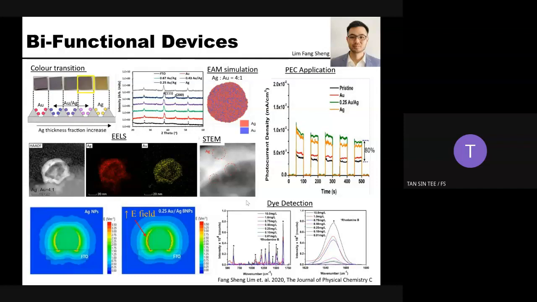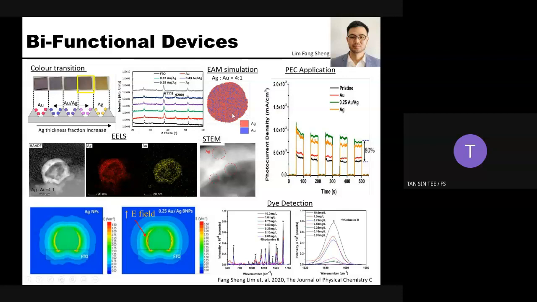Okay, so the next bifunctional device is one we have worked on in collaboration with Monash University, with Dr. Lin, where we work on the bimetallic metal system. In the bimetallic system, we are using a drilling method to combine the Au and the Ag together. From here, we have figured out that when we try to increase the concentration of Ag to diffuse into the Au domain, this Ag gives a very nice diffusion layer.